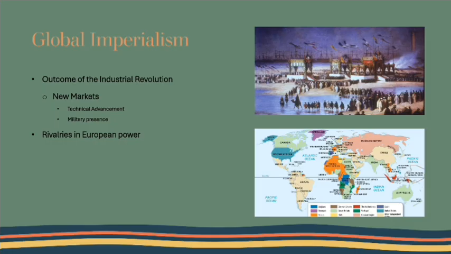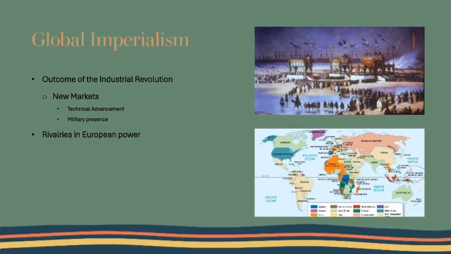This drive led to intense global rivalries. As you can see on the map on the bottom, major players like Great Britain and France had already established vast empires across the world, apart from Africa. Britain dominated India, profiting from textiles and spices, and secured key access points in the Middle East for oil and strategic control. France colonized much of Southeast Asia, extracting resources like rubber and rice. European nations were generating immense wealth by exploiting these territories.